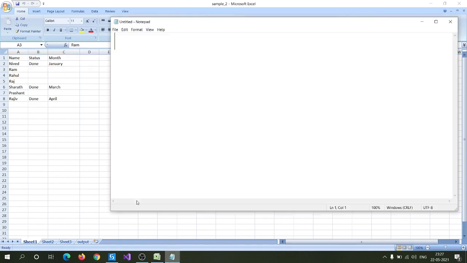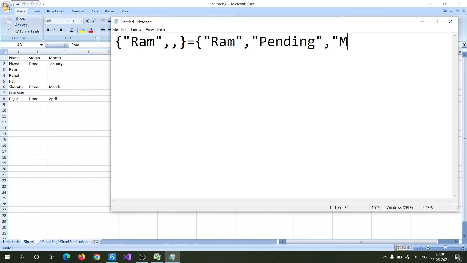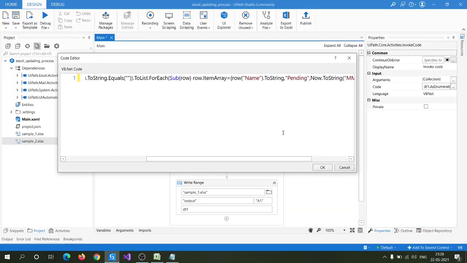When you use row dot ItemArray, you will get something like this. Here we are updating the array like this, with pending. That's all we are doing by using this method.